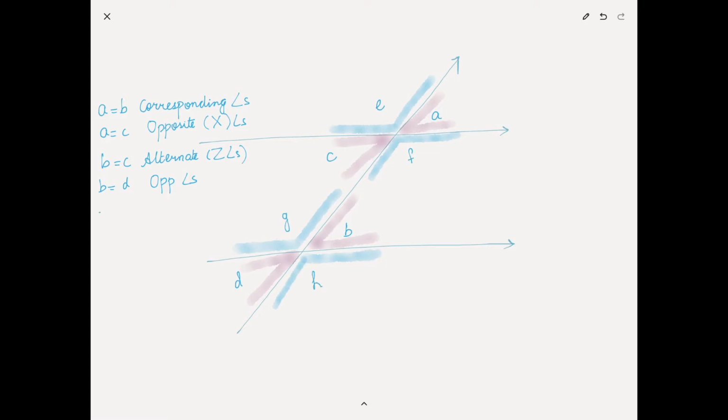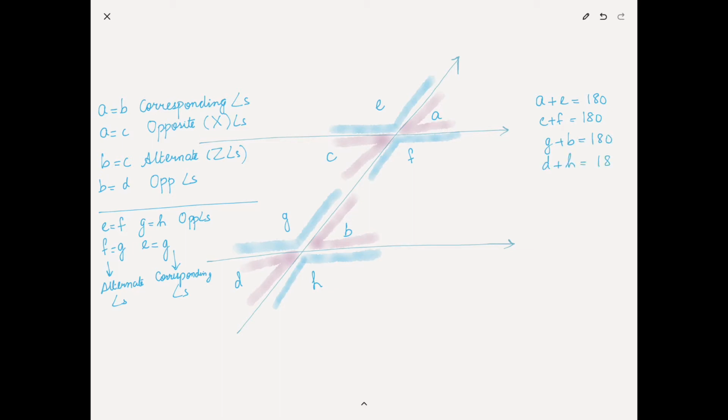Now looking at the blue angles over here, they all look to be the same size, which is a different size from the size of angles A, C, D and B. And so basically you have only two different angle sizes in parallel lines. One set of angles is A, C, B and D, the other set is E, F, G and H. And this set can be found by subtracting the first set from 180.